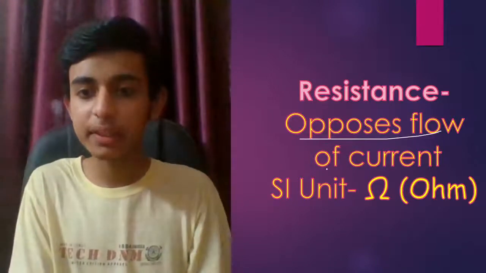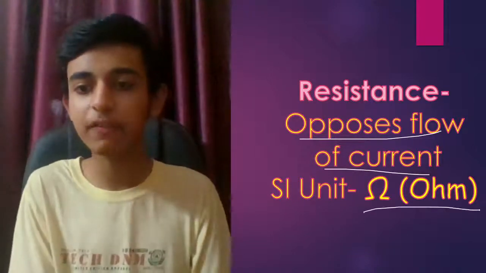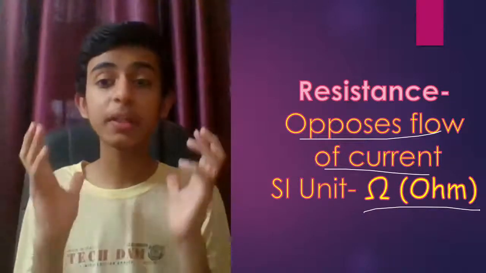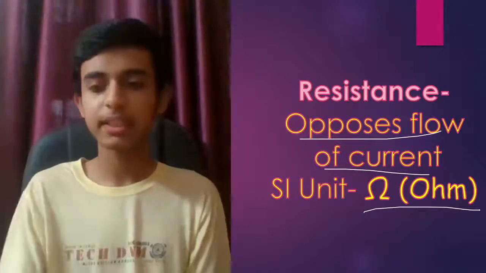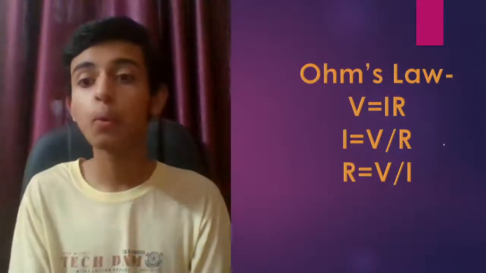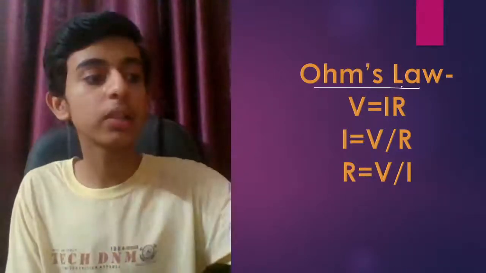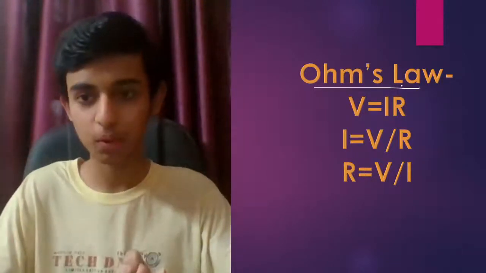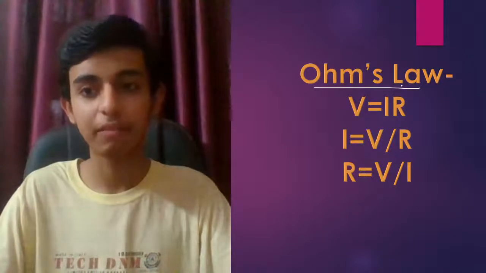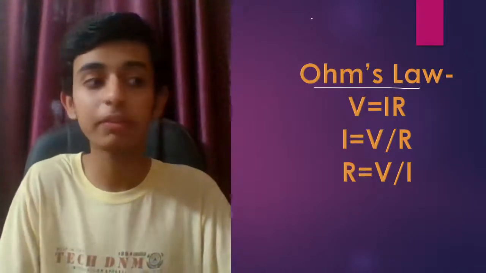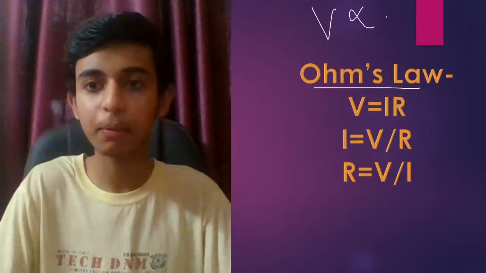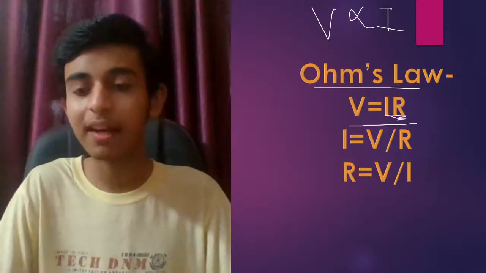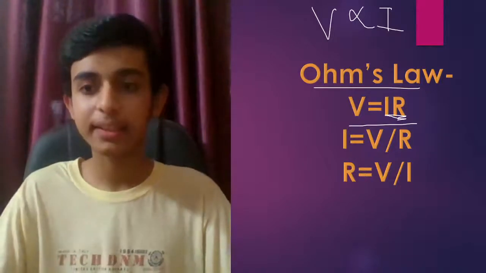So resistance opposes the flow of current, and what is the SI unit of resistance? We discussed that it is ohm. The SI unit of resistance is going to be ohm. Remember this. Then we discussed Ohm's law. What is Ohm's law? Ohm's law is that the current flowing through a conductor is directly proportional to the potential difference. And we formed the formula as well. V is directly proportional to I. And then we said V = IR, where R is our constant,